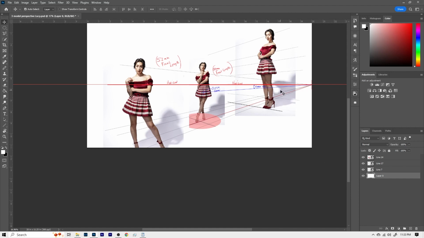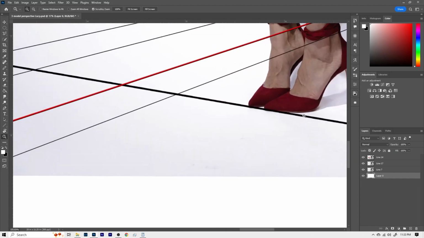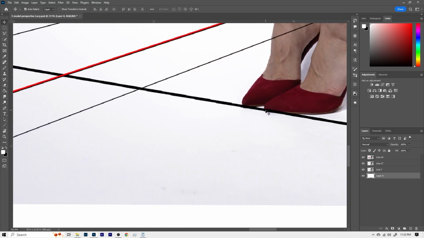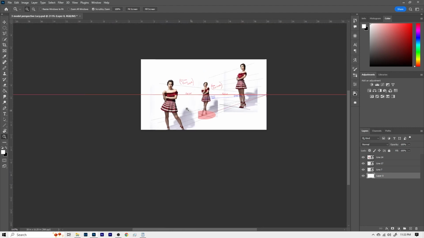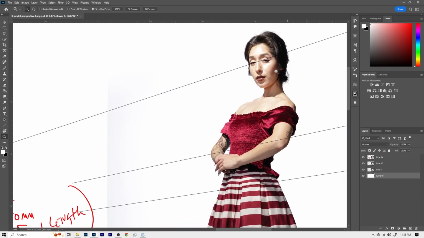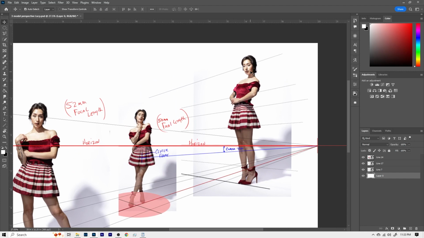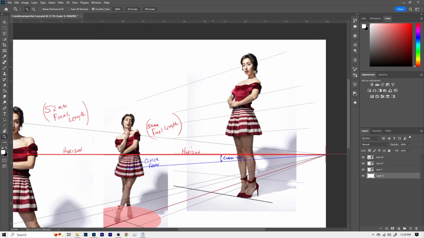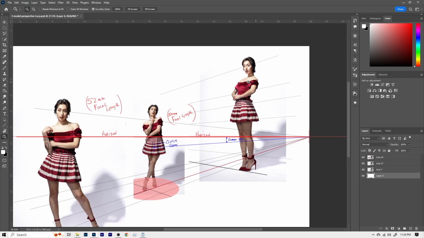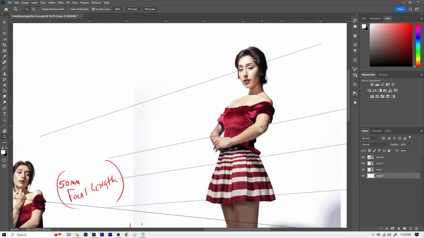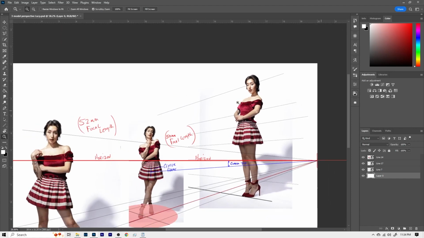So now let's turn this other one on, and we can see that I didn't really use that technique. I used this technique. I just pulled a line between her two toes and ran it out. And it turns out that I was pretty sure that her eyes and her feet are parallel. So this is the trick with knowing that maybe parallel lines are not very apparent, but they still exist because of the way the body is shaped. But as you can see, most of the things are kind of lining up, so it's probably correct.